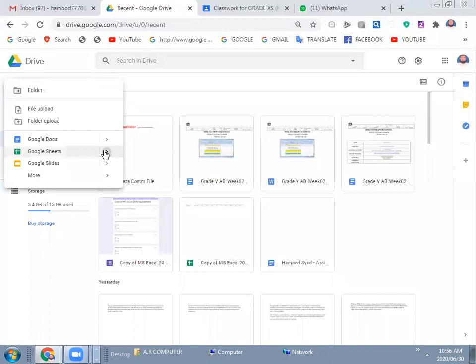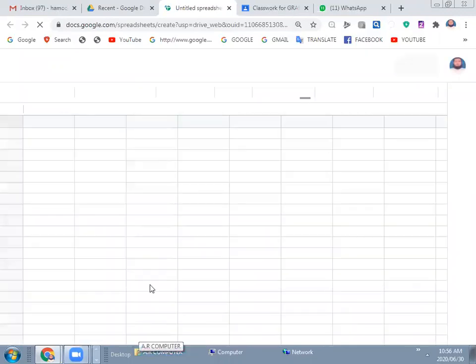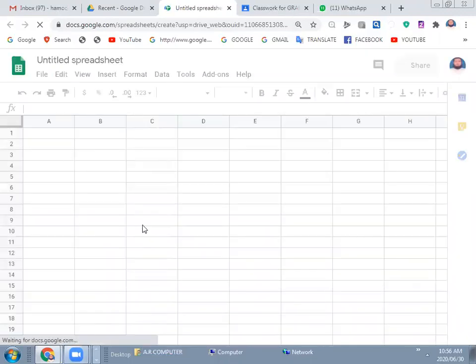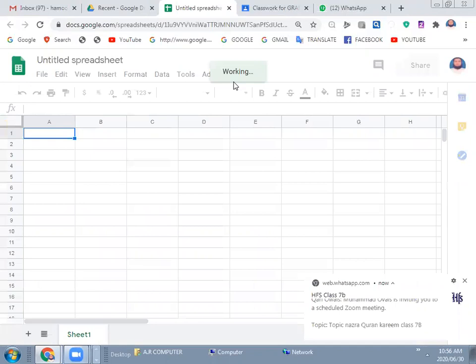Google Sheet is equivalent to what? Which application? Excel. Google Sheet is equivalent to the Excel application. Let me open it. Blank application, and you can see that a spreadsheet application is open, and this application I am using through cloud computing, right? Using cloud computing, I am doing this.